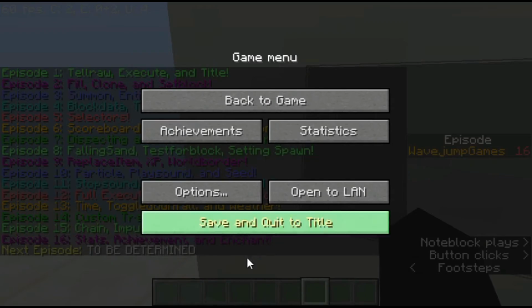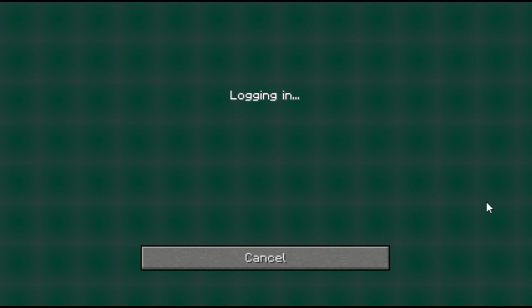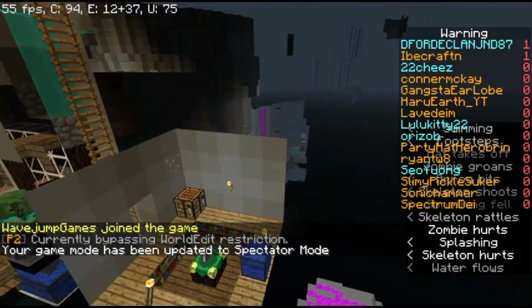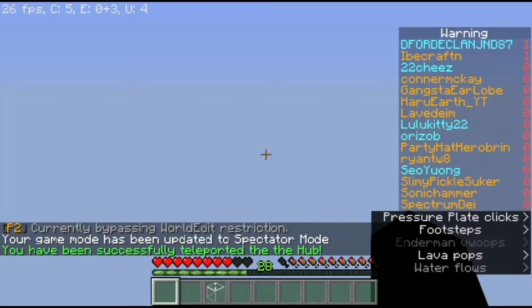The other thing is that the server has been going really, really well. So let me see if anyone's on here. Okay, good. No one's on here, so I can just go ahead and show you. Oh goodness. Yeah, I spawned in a mob grinder here. But if I go ahead and head to spawn here,